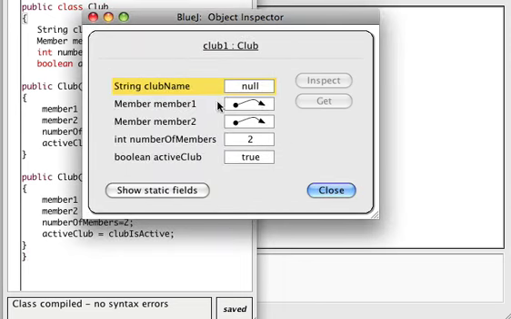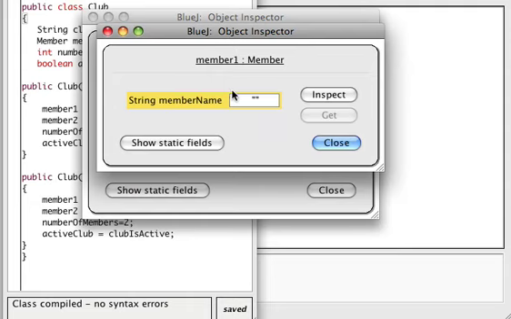And the arrow is BlueJ's way of saying that the variable, right, these white boxes always represent variables in BlueJ, contains a pointer to the actual object, the member object called member1. If I want to see that object, I can click here, and there's only one field in the member object. It's the member name, and there it is, having the empty string, which is what the default constructor sets